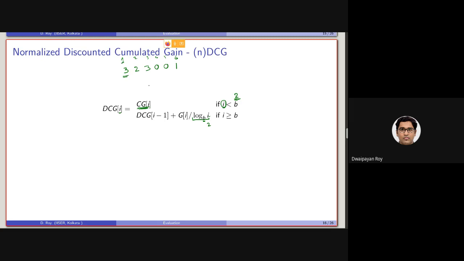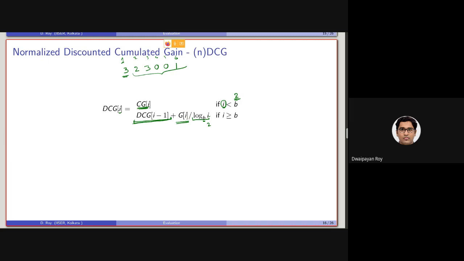So basically what we are doing is we are considering the discounted cumulative gain of the first document as it is, as the cumulative gain, and for the second document onwards we are considering the addition. So basically this is the discounted cumulative gain that we have achieved so far before that rank.